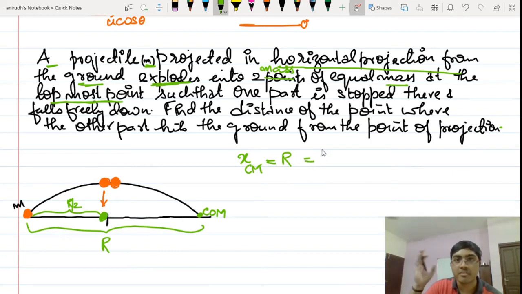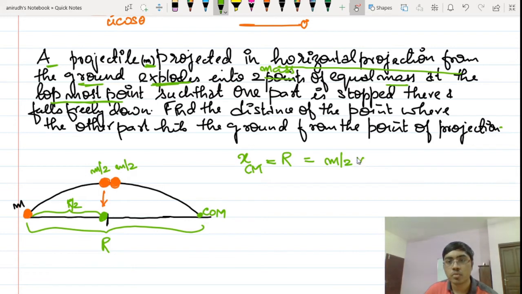Based on our equation of center of mass, (m1x1 + m2x2) divided by (m1 + m2), where m1 is the mass of the first body, x1 is the displacement of the first body, m2 is the mass of the second body, and x2 is the displacement of the second body. What is the mass of the first body? This is m by 2 and this is also m by 2. Masses are equal. M by 2 into x1. What is the displacement of the first body? The first body falls here itself, that is r by 2,